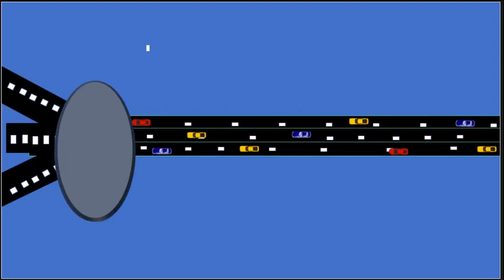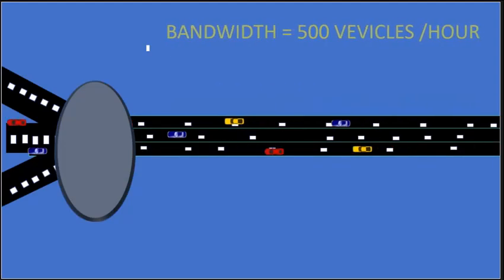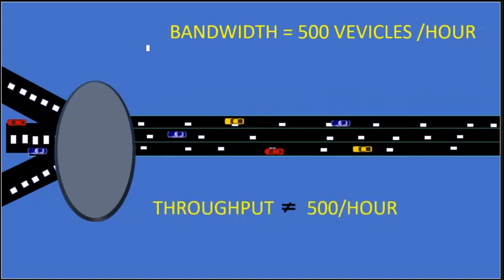In our road example, if the road has a capacity or bandwidth of, say, 500 vehicles per hour, and we compute the actual number of vehicles that cross the road in 1 hour, we will see that the result will not be exactly 500 vehicles. This is because for certain reasons like traffic lights and vehicle checkpoint activities, the actual number of vehicles that moved on the road may not be up to 500 in 1 hour. That measure of planned versus actual is the throughput.